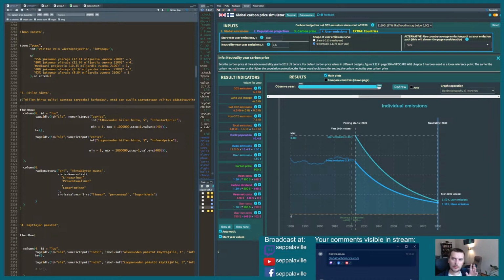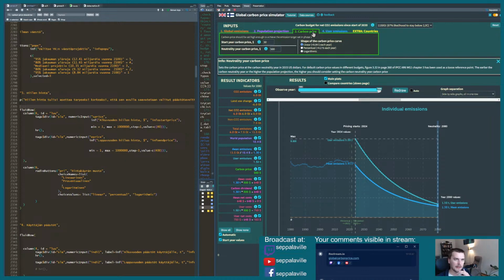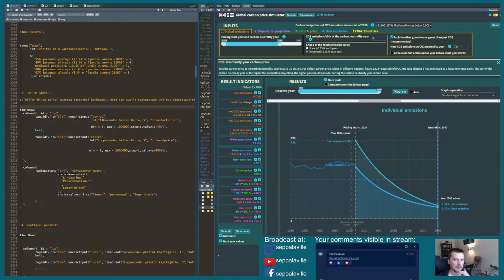I would like to keep the causality here. It's not quite that the carbon price basically causes the global emissions, but